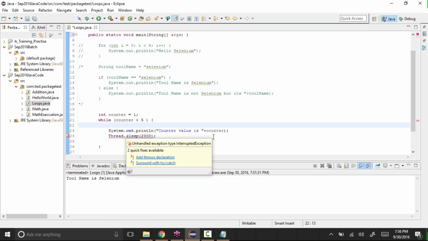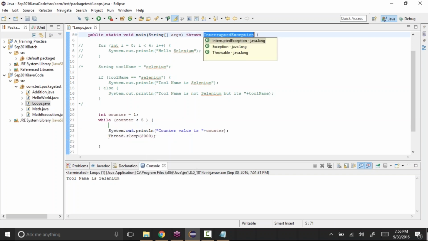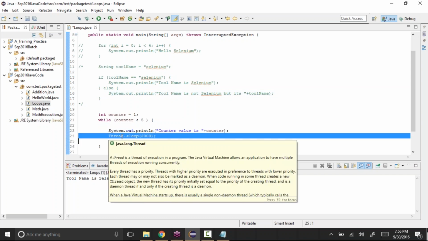We need to know about exceptions to understand this, but we'll see that in later classes. For now, to remove the error, just right click and say add throws declaration. Click on this, which will add throws InterruptedException. It's a Java concept of exceptions, which we'll see later. So now it will wait for 2000 milliseconds.